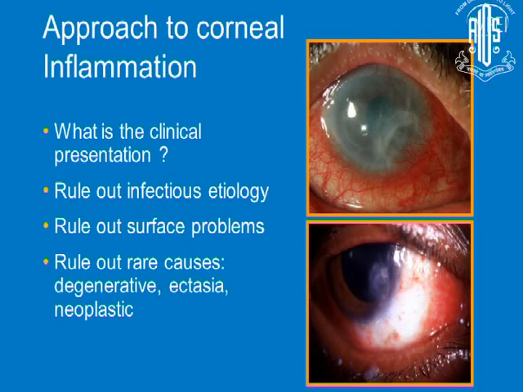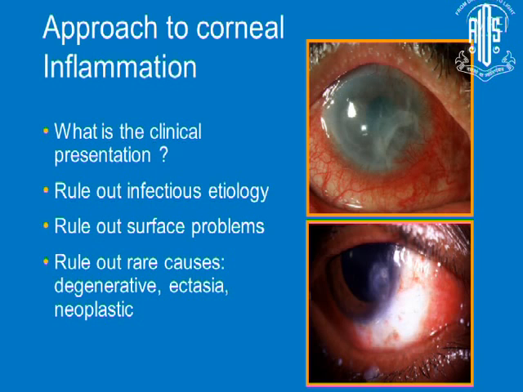So how do we approach patients with corneal inflammation? Ultimately, it's a clinical presentation, so what is the sequence? And that's the most important aspect in which we have to put on our thinking hats in order to distinguish between an infectious etiology and a pure inflammatory process. Of course, all infections would have inflammation as well. The other things we need to rule out are surface problems. Dr. S.K. Rao talked about evaluation of a patient with dry eye, and several of these patients can have a low-grade inflammation going on in their eyes and the ocular surface, including the corneas, and we need to rule that out.